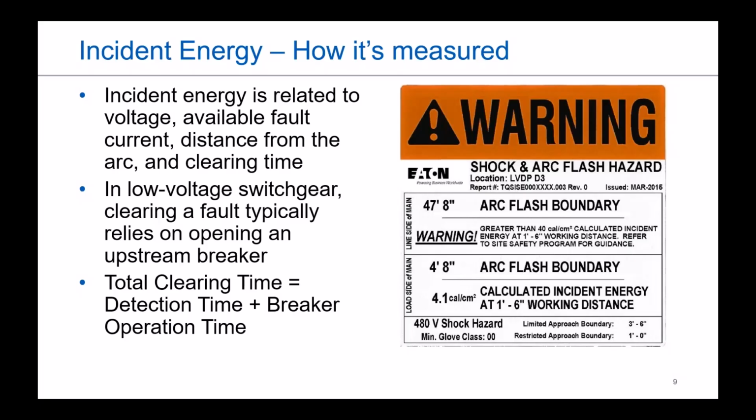And so when you talk about things like arc resistant equipment, things that have had to go to a test lab and have things measured to show that they're containing energy, that 1 to 6 feet, the 18 inches, that is essentially where they're putting the calorimeters and taking actual measurements in test labs.